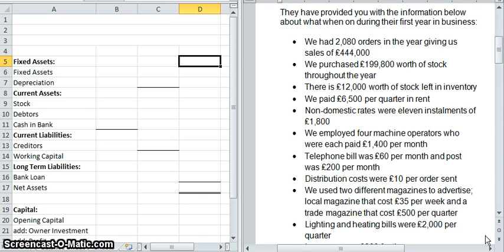Today we are going to be creating a balance sheet from a set of information that we have about a particular company. This information is the same information that we had when we created the last profit and loss statement in the previous video. When we make financial statements, we make them together to be able to create a clear picture of the financial position of a company at that time. So we'll often get one set of information and use it to create both a profit and loss statement and